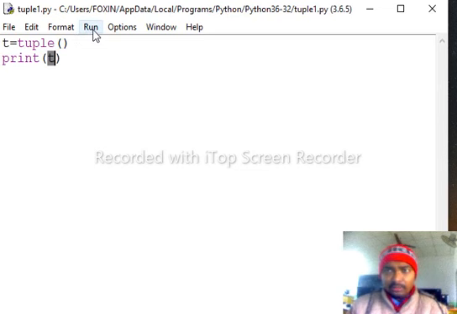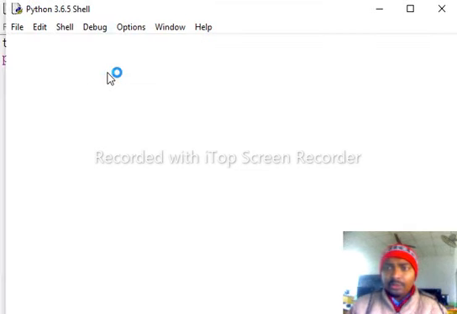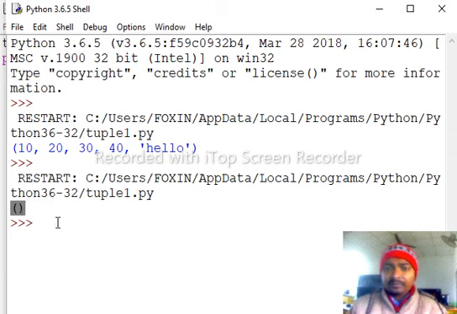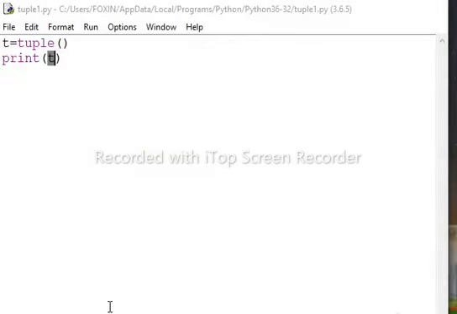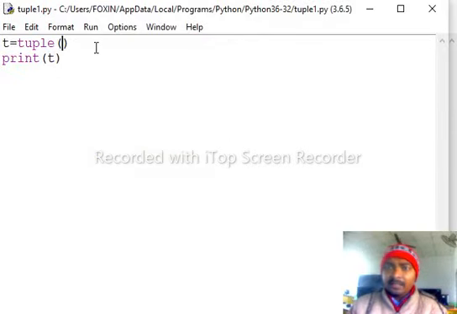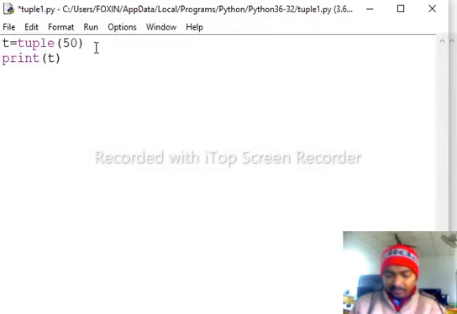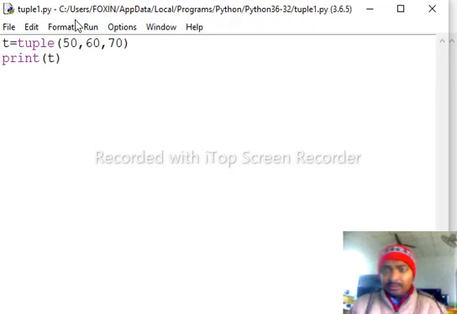Control plus S to save this file, run to check the output. We can see here one output, this is the empty tuple. Okay, suppose I want to store some values inside the tuple, then put values like 50, 60, 70. Now save this file, run to check.